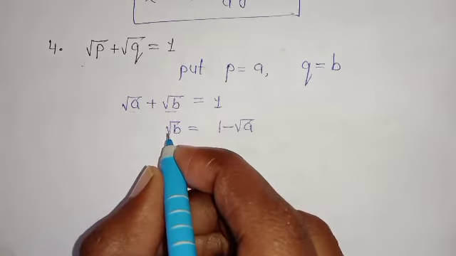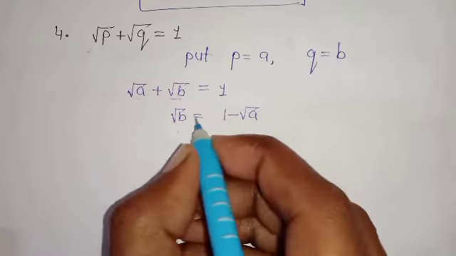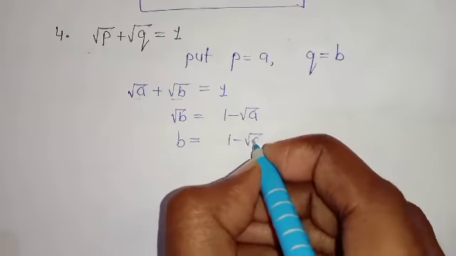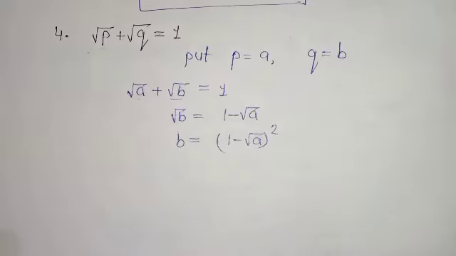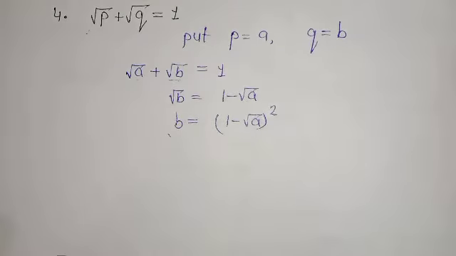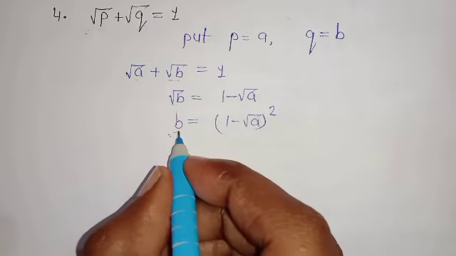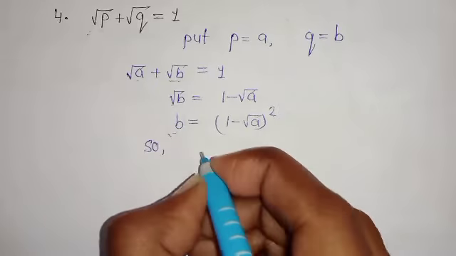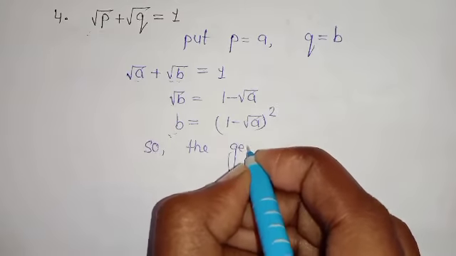But we have to find the value of B. So we just square on both sides. Then this becomes B is equal to the whole square of 1 minus root A. So now we can write the general solution because we are able to find the value of B as a function of A. So the general solution for this equation is